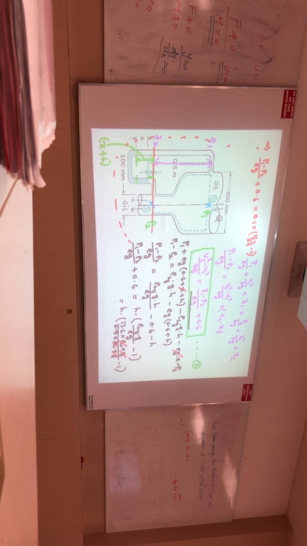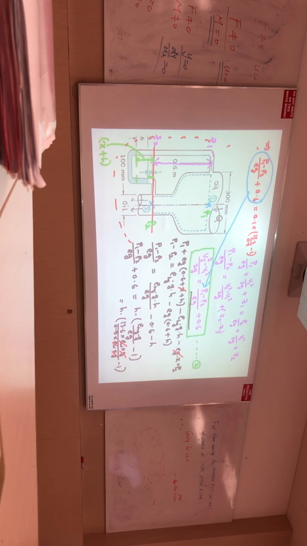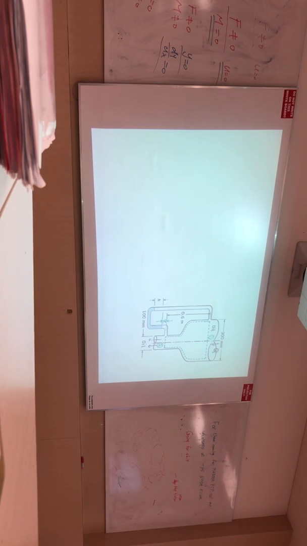Then in this equation I substitute the value of this one in here, okay? Then I can write V2 square minus V1 square by 2G is equivalent to